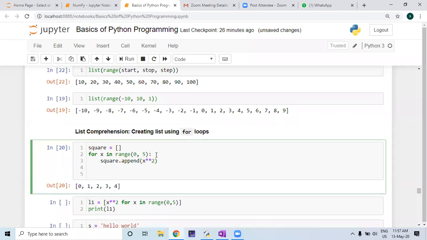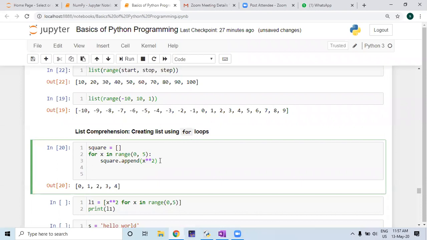So what happens? x takes the first value 0. It will calculate x square, that is 0 square, and it will be put into the list square. Next, it will take 1. It will calculate 1 square, and it will be put into the list square. Next, it will take 2, calculate 2 square, and put it into the list square. So this is how the list will be completed.